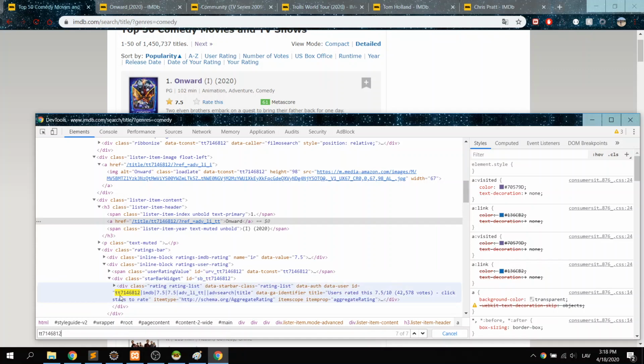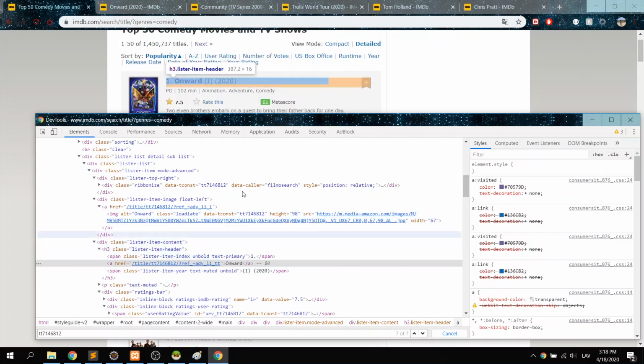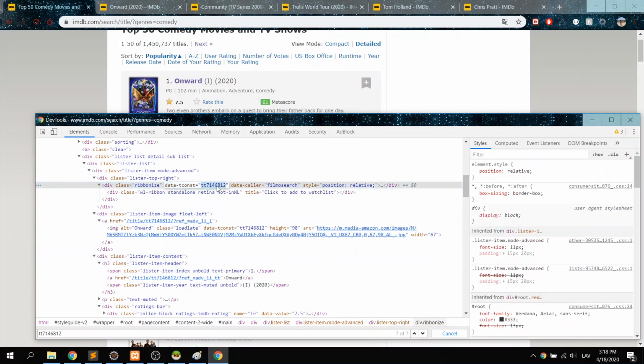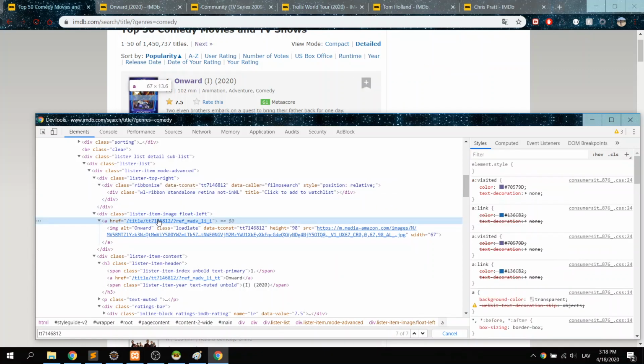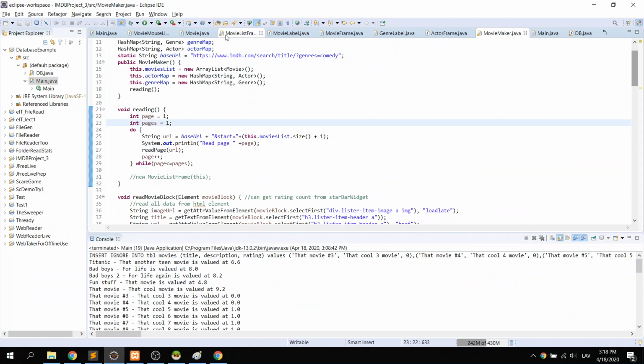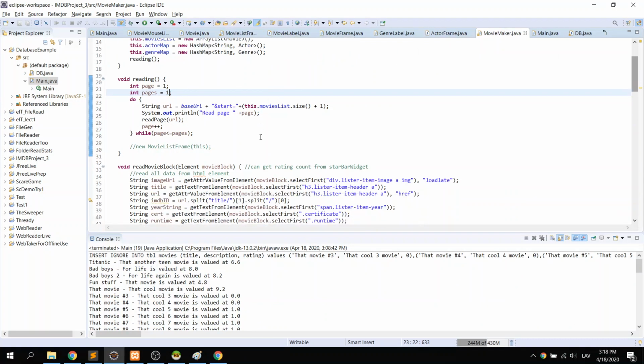There's a weird ID of this one. We can also strip it out of. We can use multiple elements of this, but these are the unique elements that we can read this ID from. What I would like to do is use this, which one is it? From the title of the movie, because if we go back to the movie maker,